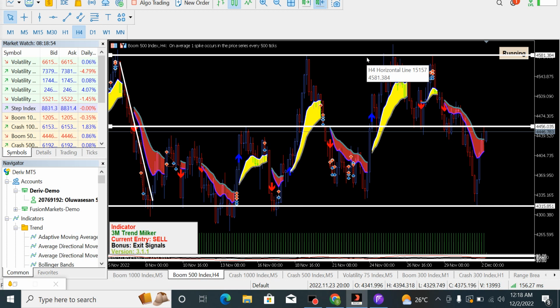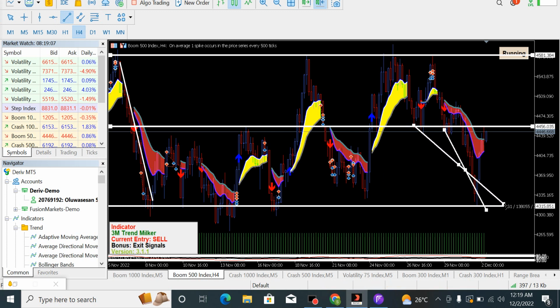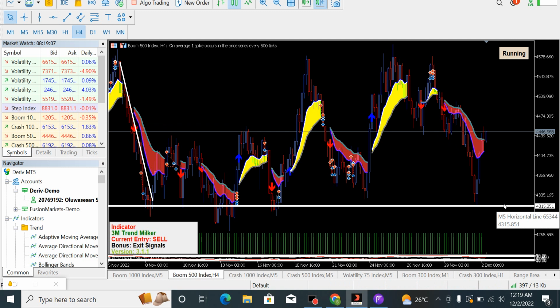So it is very easy to do, and you can also use your slant way of identifying it. You can see this, so it is very easy to do, or probably it can come in different forms, guys. It can come in different forms. You can see these also. So all these are very, very important. So all you just need to do is to make sure you understand where the market is